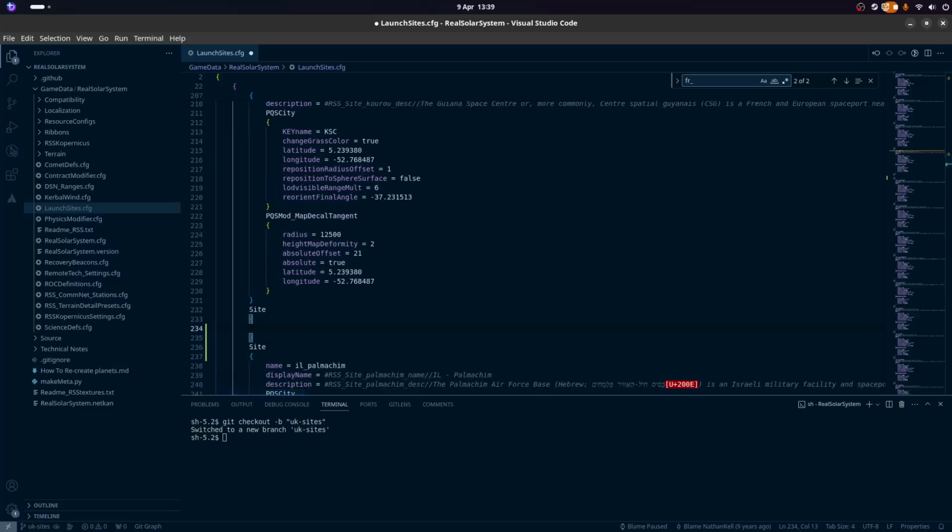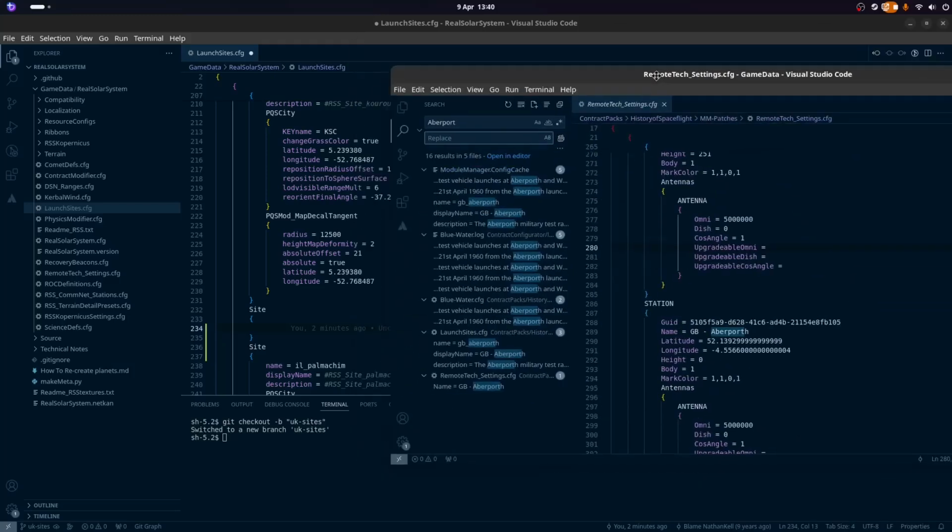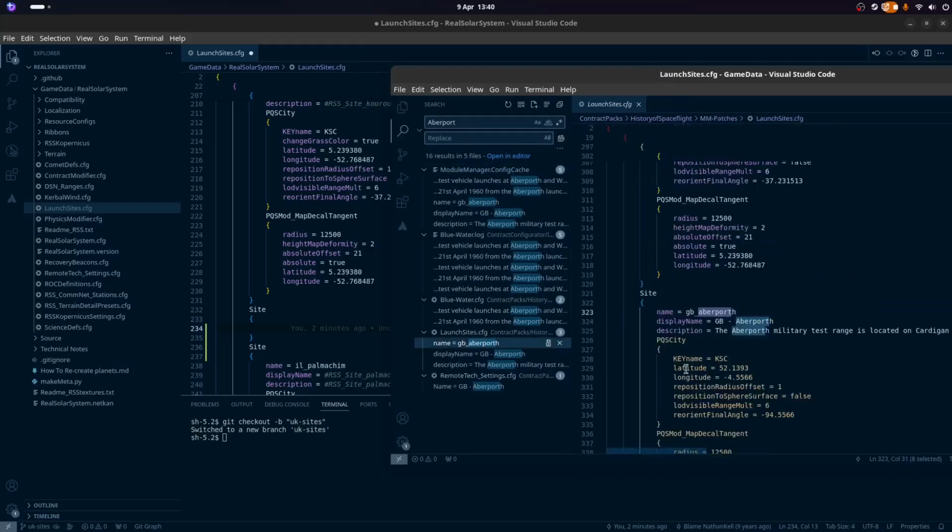Now, I happen to have open over here, on my other monitor, the launch site that was added by these other places.